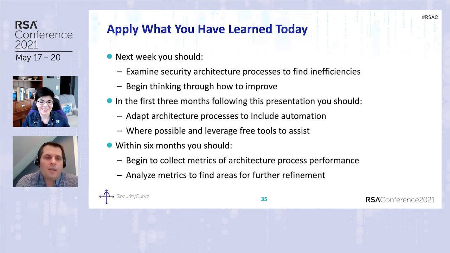Yeah, so I think a good way to start would be to look at what you're doing now from a security architecture planning standpoint, find those inefficiencies, just look at it the way that you would any other kind of process, and then think through how you can improve that process, both procedurally, but also how you can help to automate it using these types of tools. And then as you start to figure out where you can grow and how you can improve, build on that baseline and look for additional free tools out there or commercial tools or what have you.